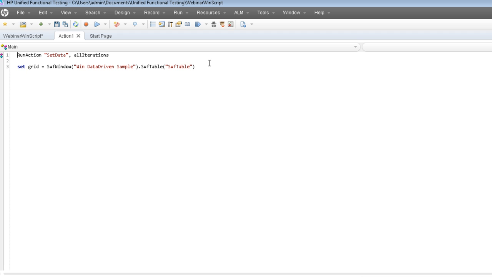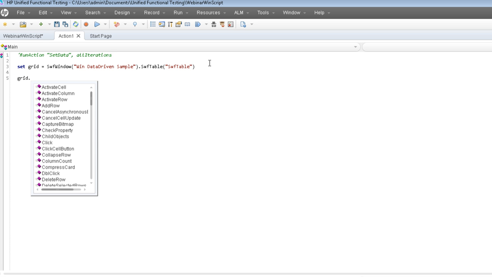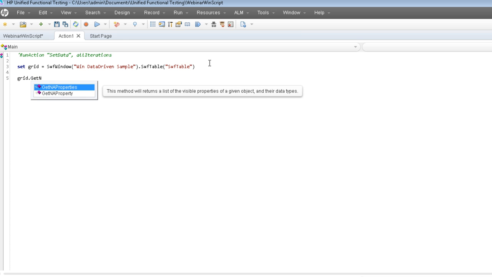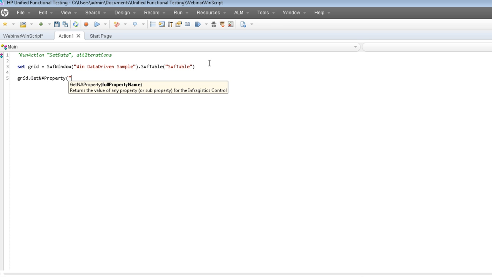As this is on the main action, not the sub action, we're going to comment that action. So then we have access to the grid. We can do grid dot get any property. I'm going to go on knowledge I do know offhand, but we'll get into discovery mode later. Display layout dot bands sub0 dot columns dot count. We'll call this count